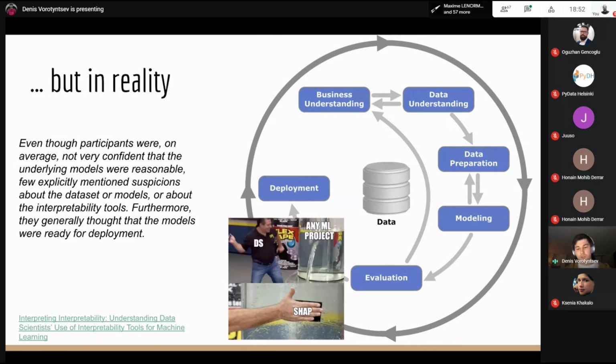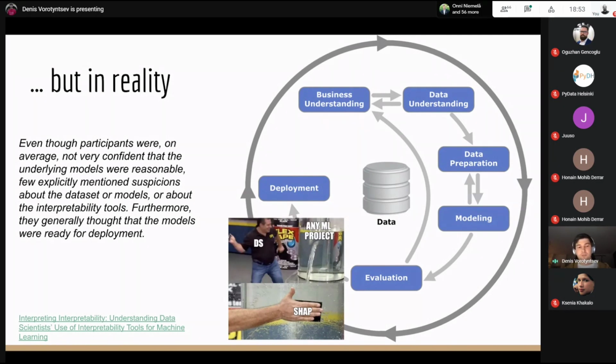I talked with a number of data scientists. We discussed how they approach interpreting machine learning models, what decisions they made after interpretation, and so on. And I had the feeling that in reality, interpretation is just not a very useful stage of the ML pipeline. You just calculate SHAP importance for every feature in your data set. You show, let's say, the top 5 most important features to your stakeholders. They reply, well, that looks good to me, let's push it into production. Or they don't even say that, it's fine, so the model probably knows best.